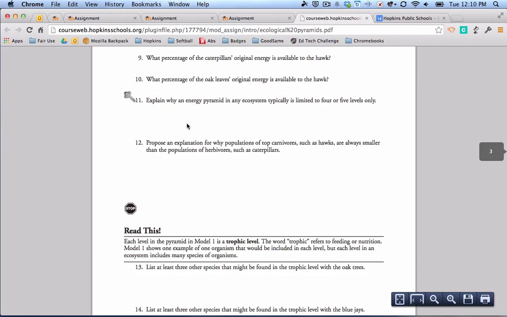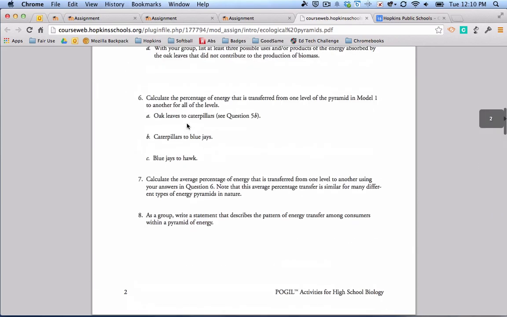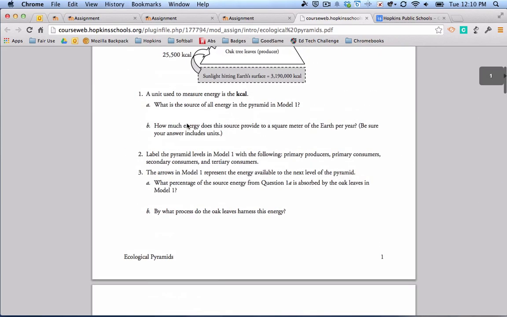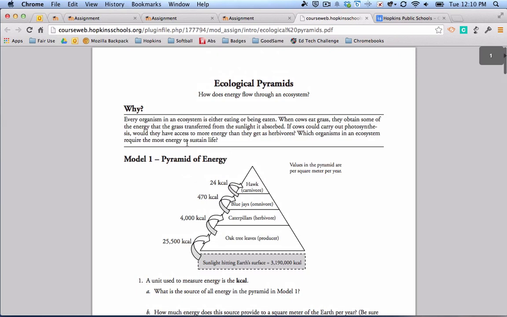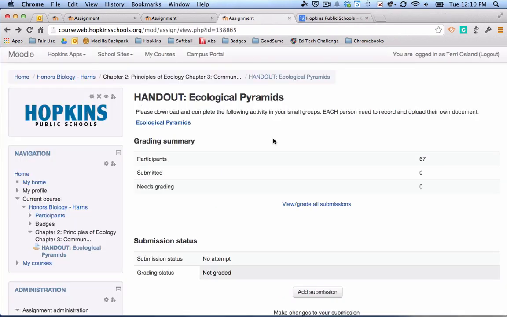And he has iPads in his class, and so he has a program that allows students to annotate this sheet and then submit it or upload it back to Moodle as if Moodle was a digital Dropbox. So that's another variety of assignment type or expectation. All right, so let's